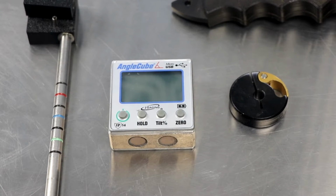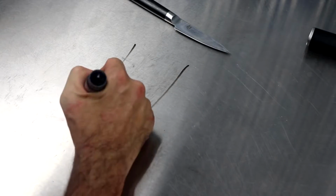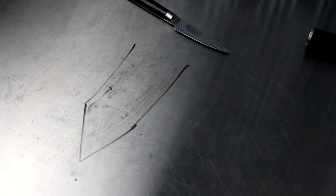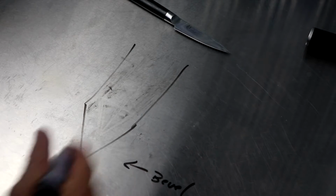In this video, we're going to be talking about the pivot shaft, an angle cube, and a drill stop collar, and how each one of those plays a vital role in maintaining that angle throughout the entire sharpening. So let's see if we can oversimplify what seems to be a very confusing topic for a lot of new sharpeners. And every knife is going to have either one slanted angle or two slanted angles for its main cutting